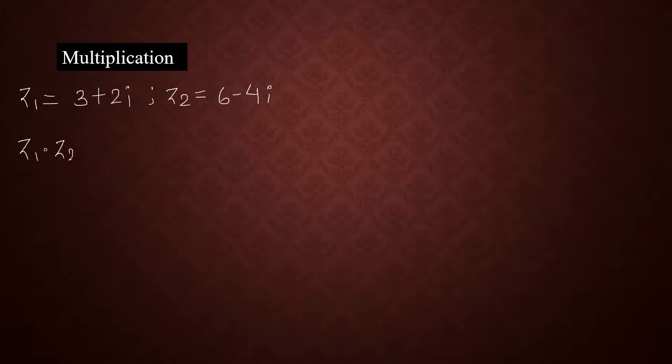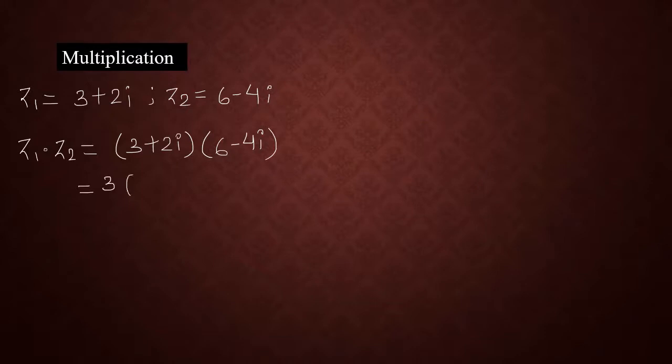So let's continue with the next operation, which is multiplication of two complex numbers. Again we'll assume two complex numbers. The first we write as Z1 is equal to 3 plus 2i and Z2 is equal to 6 minus 4i. So multiply. What do we get when we multiply? Z1 into Z2 is equal to 3 plus 2i multiplied with 6 minus 4i. So it's a simple bracket multiplication which we are doing from a basic standard.